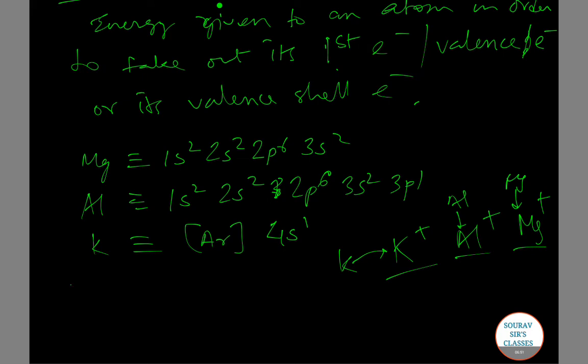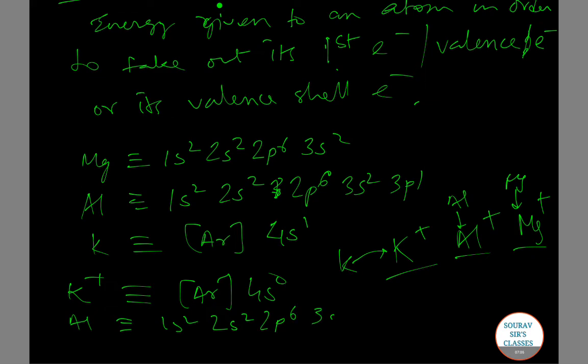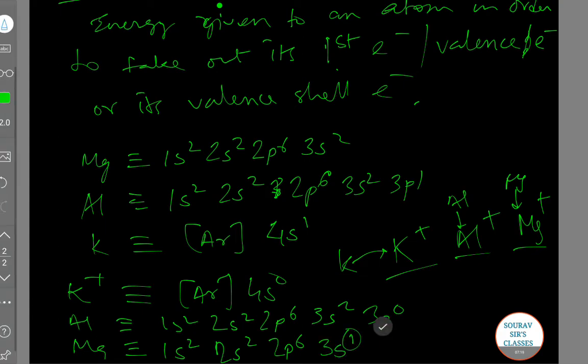So the order for K plus will be argon 4s0. This is the electronic configuration of K plus. That of Al will be 1s2, 2s2, 2p6, 3s2, 3p0, and that of magnesium will be 1s2, 2s2, 2p6, 3s1. So we can see that